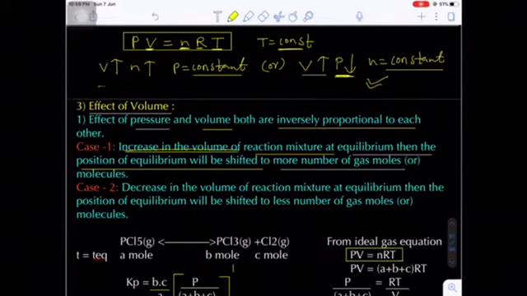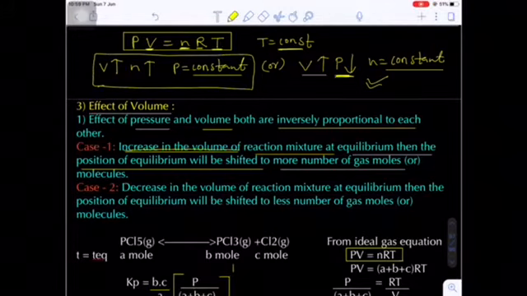We will also consider this last case: how to increase the volume by addition of moles, keeping the pressure and temperature constant. Now, how to increase the volume? By decreasing the pressure. Indirectly, in case 1, an increase in the volume is nothing but a decrease in the pressure.